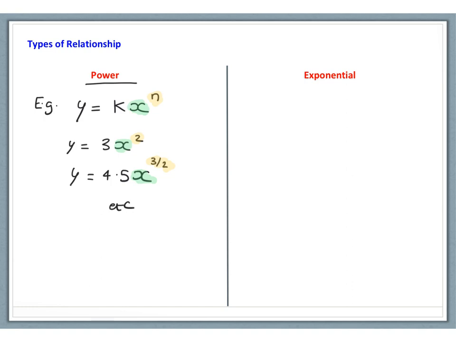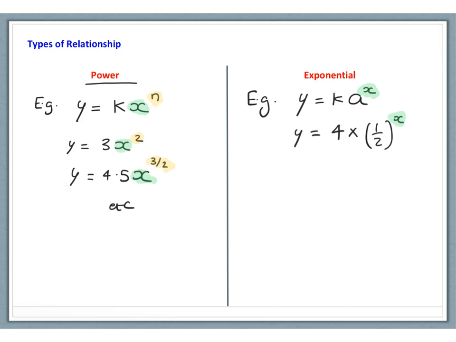The other type of relationship that we're going to explore is what we call an exponential relationship. So, for example, a relationship of the form y equals k a to the power of x. So this time, the variable is the power. So for instance, y equals 4 multiplied by a half to the power of x. And again, we can clearly see that this is an exponential relationship because x is the power rather than the